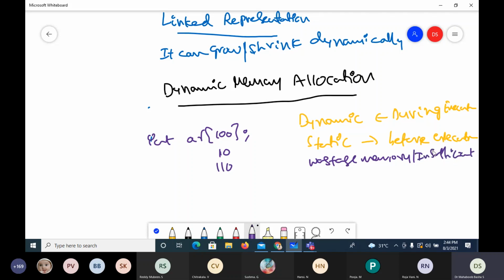So if you are going for bigger memory, it is wastage, and if you are going for smaller memory and the user wants more later, then there will be insufficient memory. But in case of dynamic memory allocation, as per the user requirements, we can allot. So there is no wastage and no insufficient memory. The memory allocation is given during execution, and in case of static memory allocation, the memory allocation is done